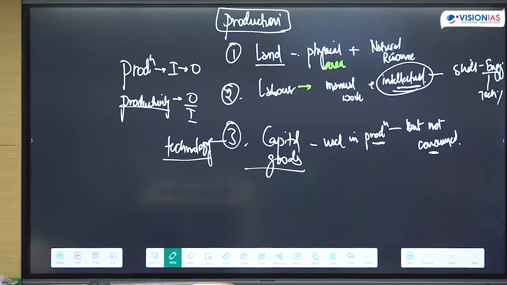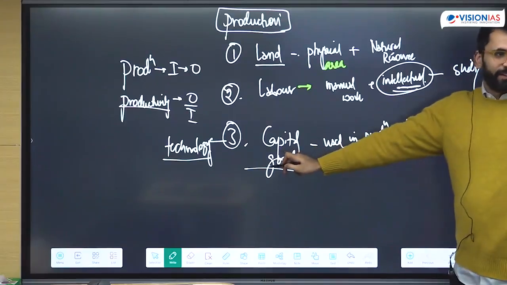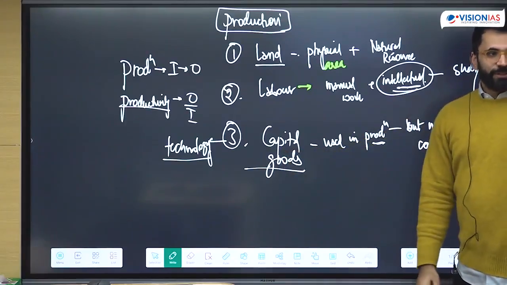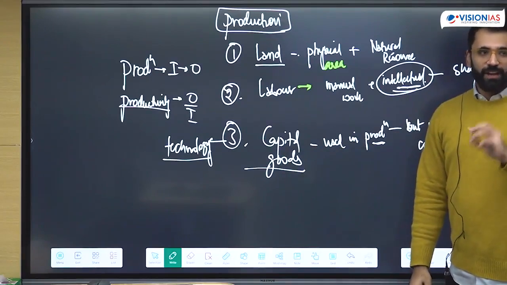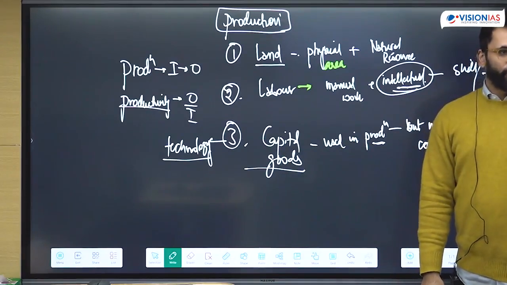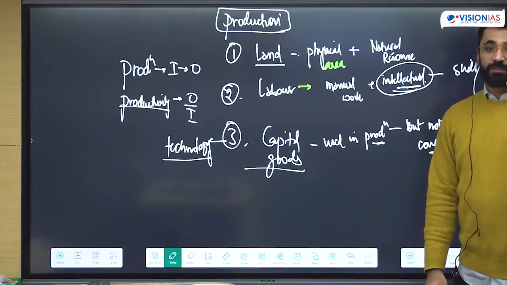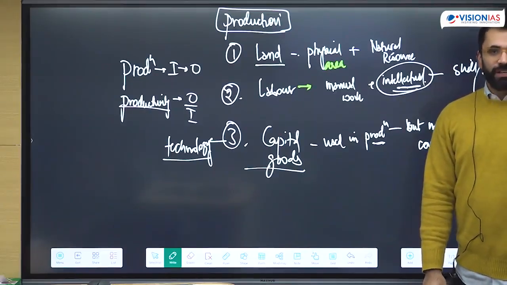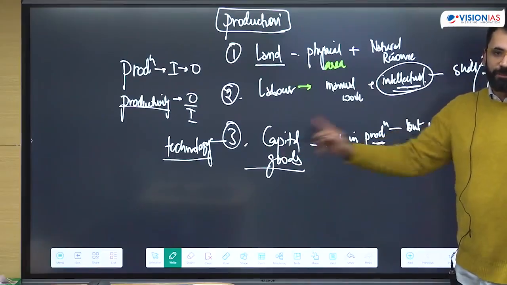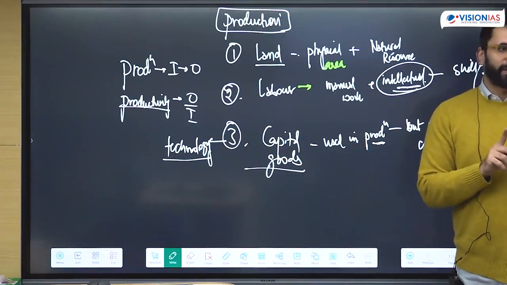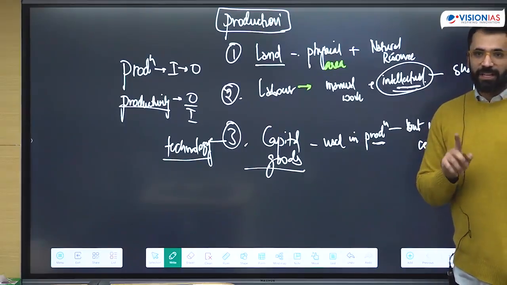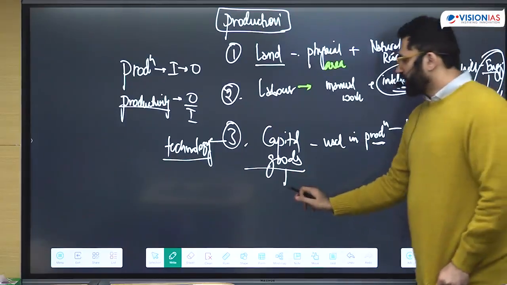into technology. So this reflection of engineering into technology is coming in. So capital goods are those goods which are used in production but not consumed. So any type of machinery, any type of tool, any type of equipment, any type of infrastructure, all is capital. Capital represents goods which are used in production but not consumed. So any machinery, any tools, any equipment, or even any,